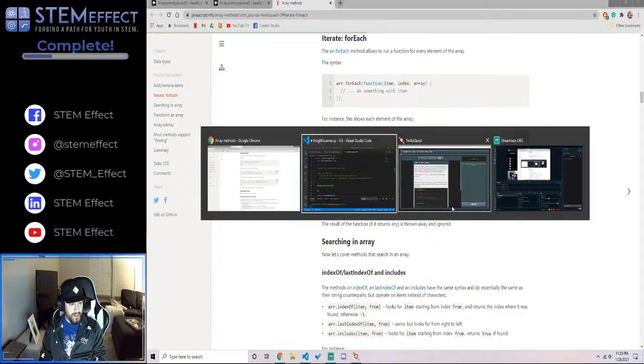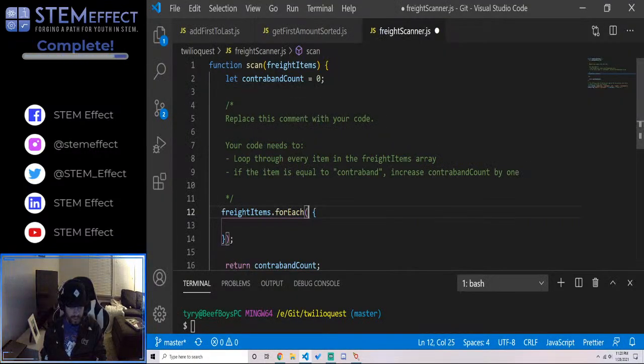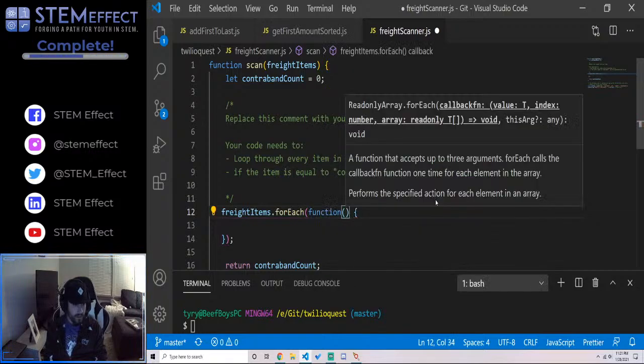Okay, so we're going to do for each function, and then here's a little hint it gives you. So we can do value, index, so the number, the array. This is a function that accepts up to 3 arguments. For each calls the callback function one time for each element in the array, performing a specified action for each element in the array. So we can take the value,